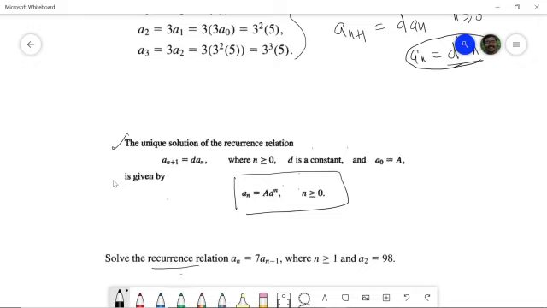So solve this recurrence relation, which is of the form a(n) is equal to 7 a(n minus 1), where n is greater than or equal to 1, and a2 is equal to 98. So please try this problem. What will be the result? According to this relation, either you can specify the first few terms and from that write the relation, or if you know the formula, you can write it directly. Okay, so here n is greater than or equal to 1, and a2 is equal to 98.